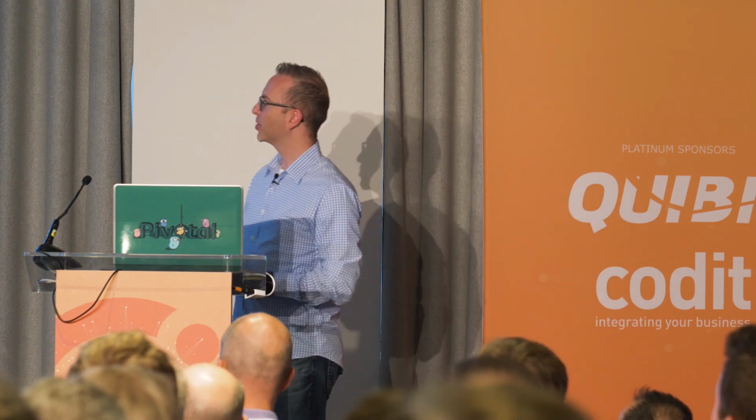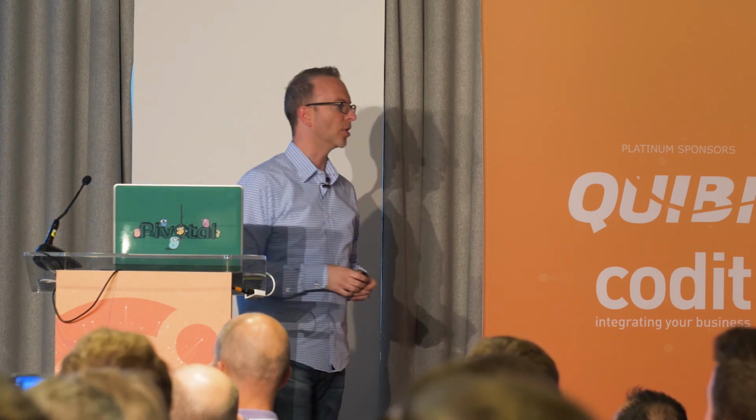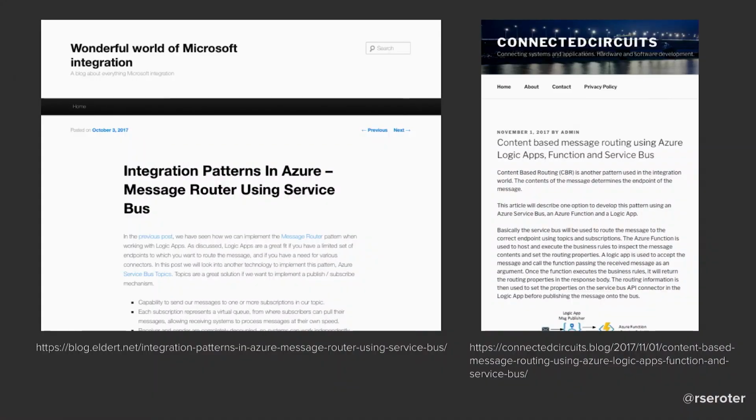Some assets for each one of these. Some good things I've read recently that talk through examples of this. So I put URLs up there. I'll share my slides as well. But these are things we're solving, all of us here in this room, many of you who are blogging about this stuff, which is great.